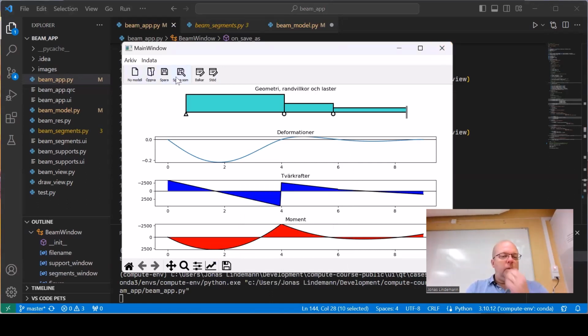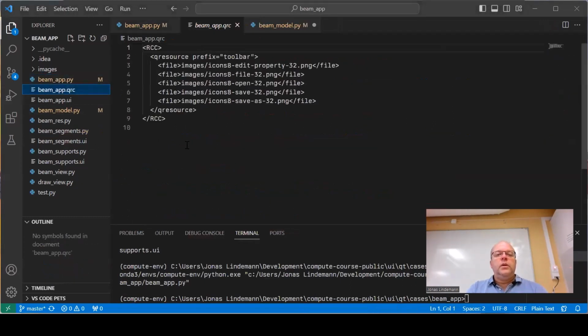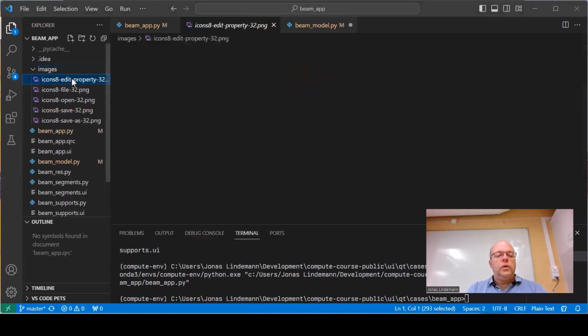Then I also have, if you want to have toolbars, you can create special files called QRC that are resource files that contain references to the icons you want to use here. So I have a dialog box here with a directory with several icons for the toolbar, which is loaded. So if we do the designer here,